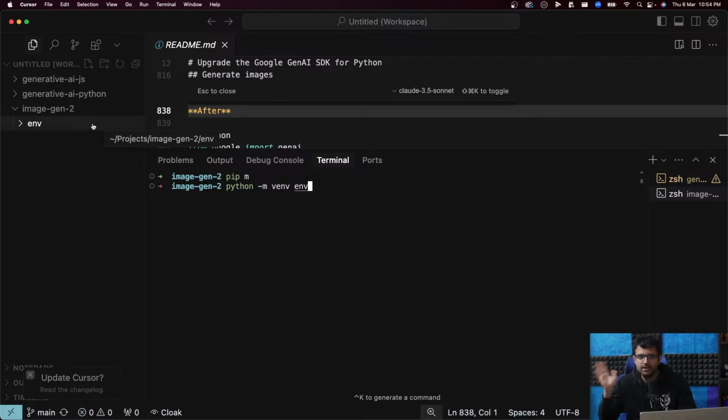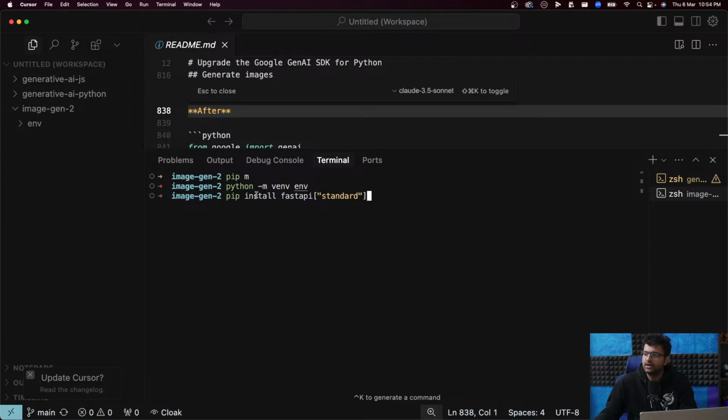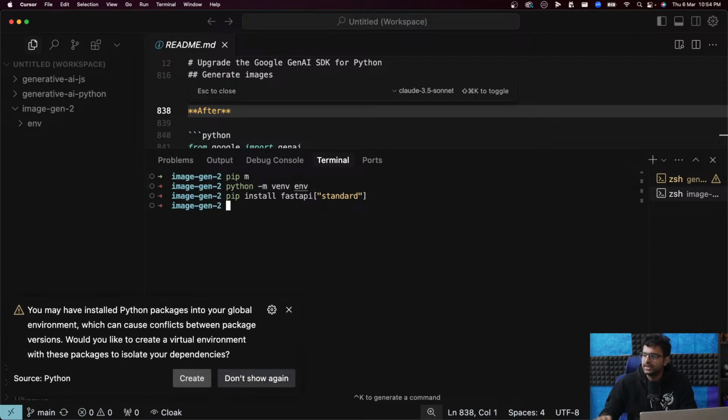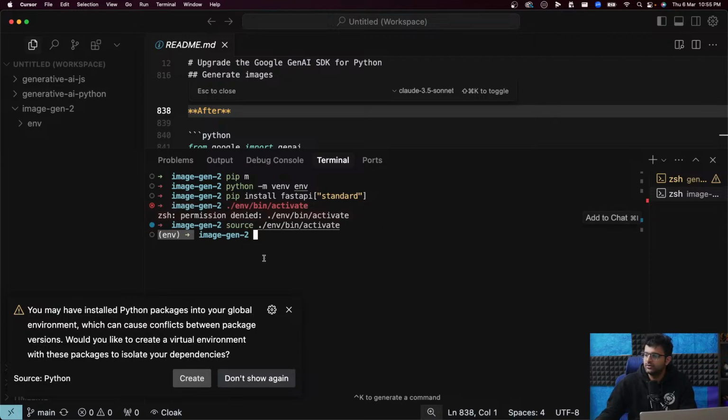What is a virtual environment? It is a place where all of your dependencies are stored so that your global dependencies don't get polluted. What are global dependencies? If you do a pip install whatever, pip install FastAPI, it will install in your global scope, a single global place. That's bad. Creating a virtual environment lets you install everything over here. That's why you create a virtual environment whenever you're creating a Python project. So I created it by running this. Then I activated it by sourcing env/bin/activate. And now if you see this prefix over here, that means your virtual environment has been activated.